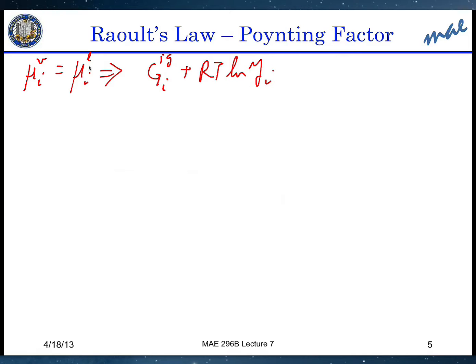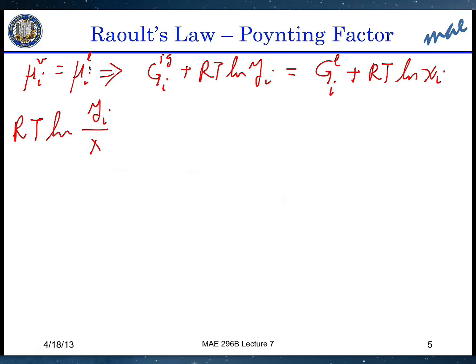This additional part is for the mixing, and this is equal to the Gibbs free energy of the liquid phase in its pure state plus the RT ln of xi, which is the additions due to the mixing. And when I take this term to the other side and rearrange, I get RT ln of yi over xi